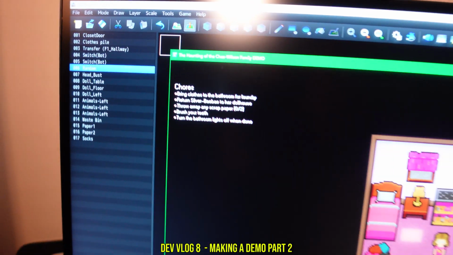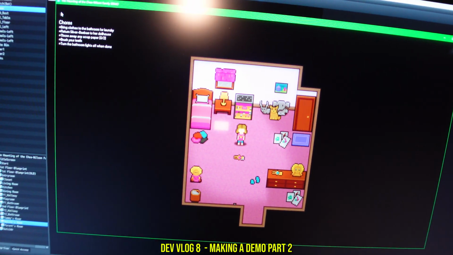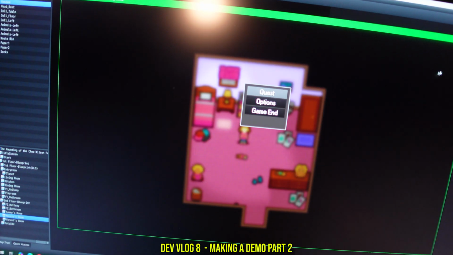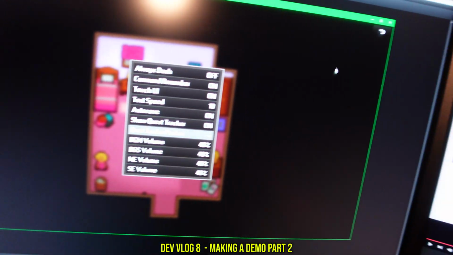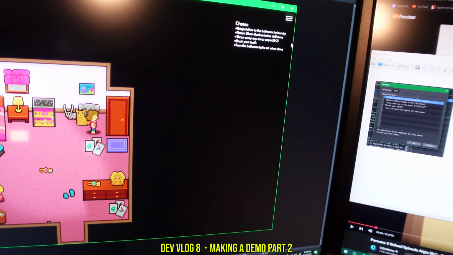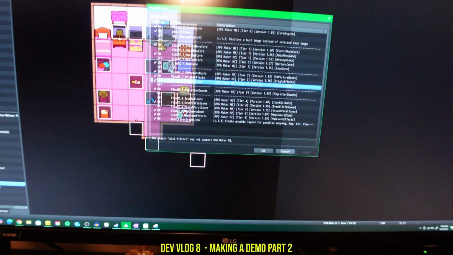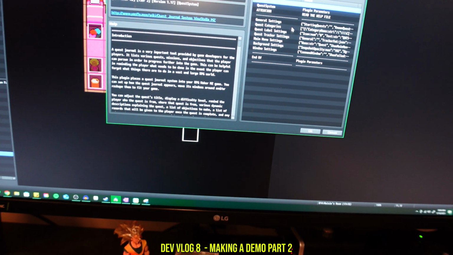Ta-da! What you guys think? Not too shabby, eh? One thing I did was I did add a little bit of padding to that side, and same thing if it was on the other side. So, nice little padding there. And in case you guys are interested in how that's done, what you gotta do is hit